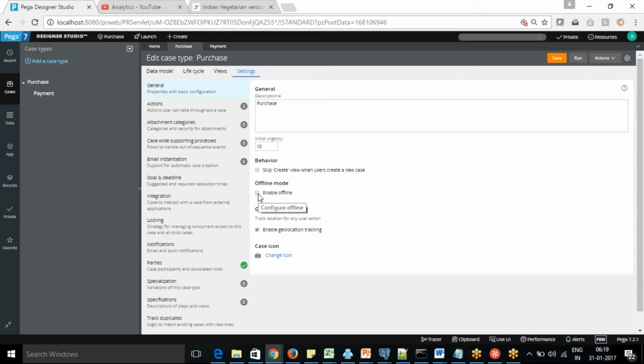This is not for laptop or desktop, it's just for mobile operation. You have created a Pega mobile application, and if you want your case to operate offline, you can set this mode. This option was not there in the previous version. This is again for geolocation tracking, so it will track your location.